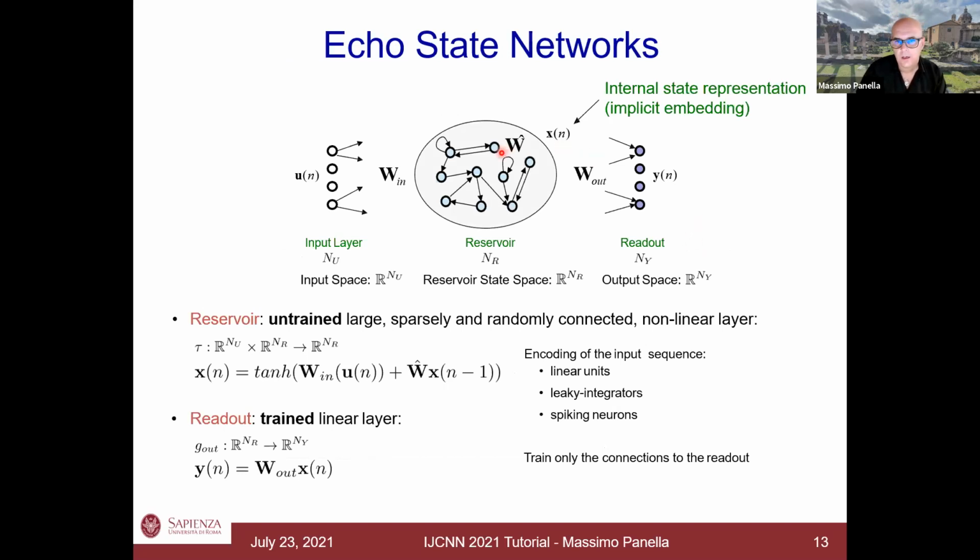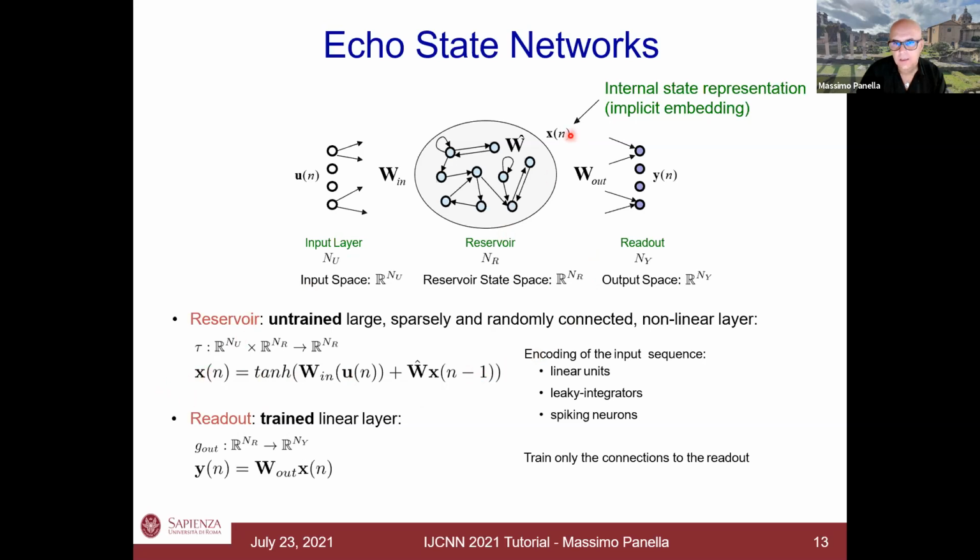So based on what we discussed so far, the reservoir state estimated by x_n is at the output of the untrained randomized part, because these two matrices, W_in and W hat, are randomly selected. And this is a typical